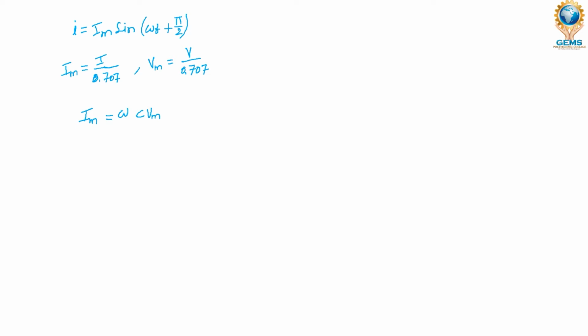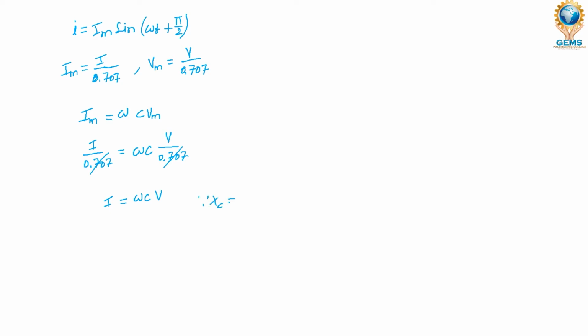Here, what is Im value? I by 0.707 equals to omega into C into Vm value V by 0.707. In this 0.707 will get cancelled from both sides. Okay, after that we will get only I value. I equals to omega C into V, and we have one more formula, that is